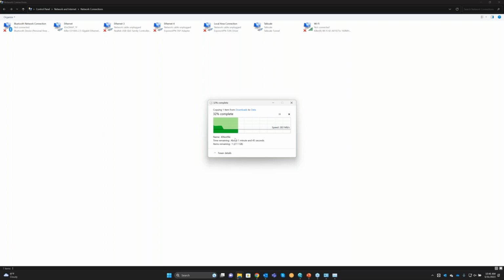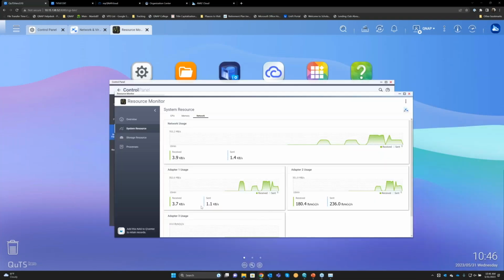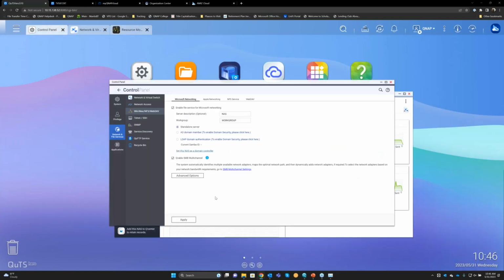Not only do you get double the speed, but you can also get fault tolerance. So if you have a network cable that has gone bad, or a network port that has gone bad on either the QNAP NAS or on your computer, you still have more speed, or at least the transfer does not get disconnected. Basically, your application still runs fine. So that's another advantage. Now, if you don't want to use a computer with multiple network ports, you can still take advantage: